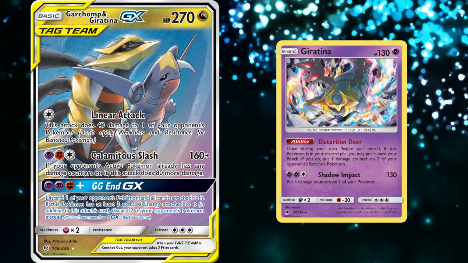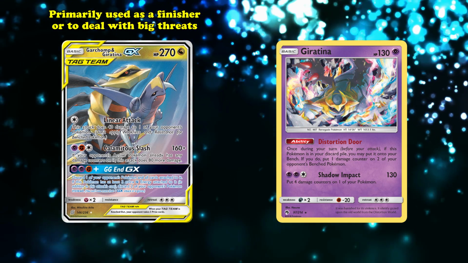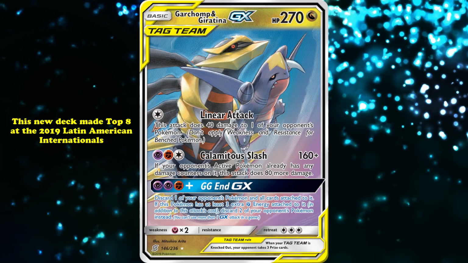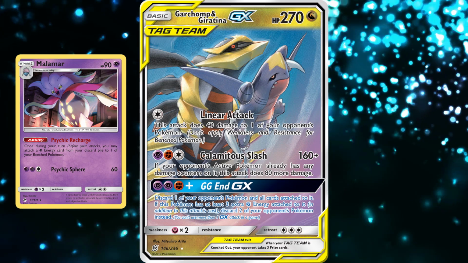Garchomp and Giratina GX only played a minor role in this deck, and was primarily used as a finisher or to deal with big threats. But soon after, it would see its identity shifted towards being the main focus of a different deck. This new deck first appeared on the big stage when it made the top 8 at the 2019 Latin American International Championships. Instead of using Malamar's Psychic Recharge to power up various attackers to overwhelm your opponent, this deck focused